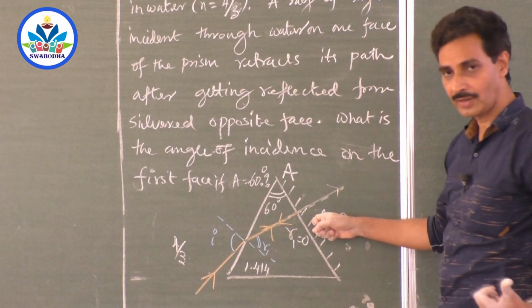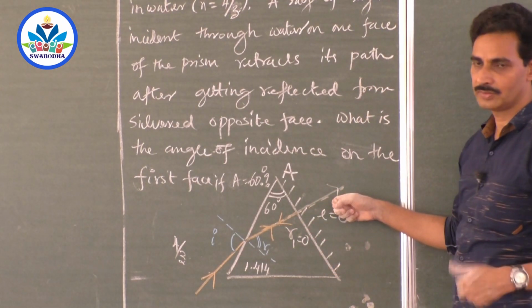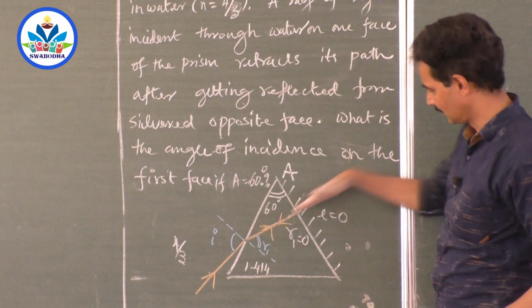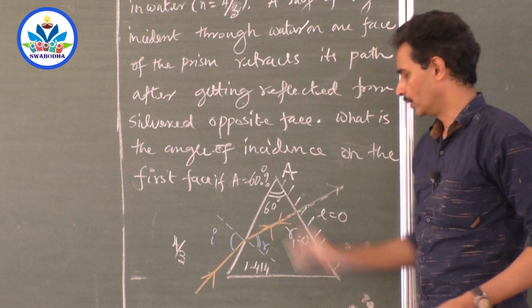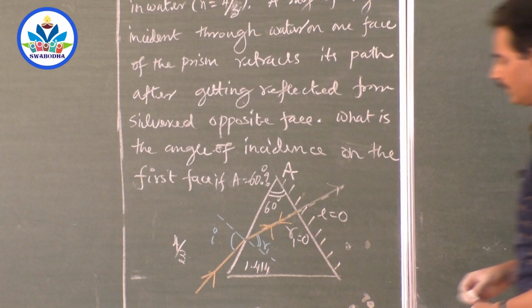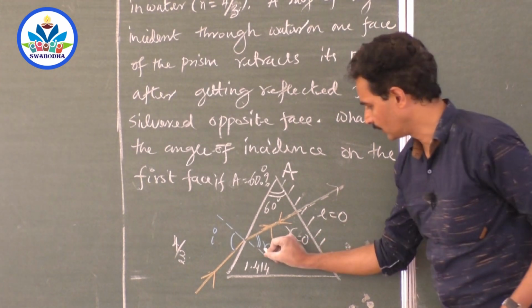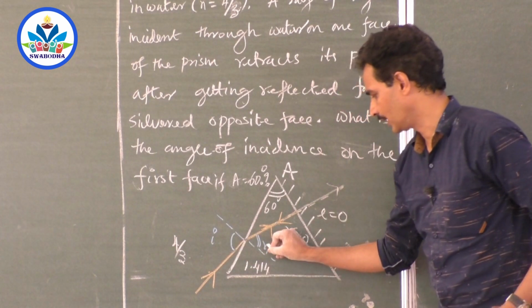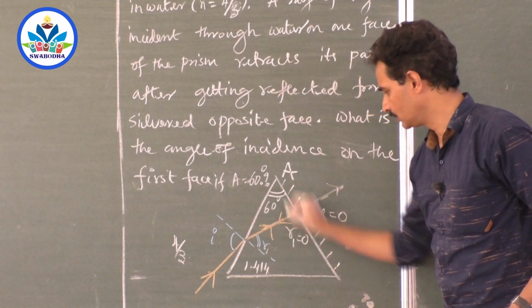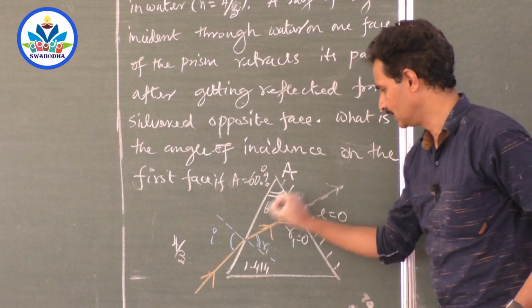If it is not silvered, it would have come out with the same angle of emergence, that is normal refraction, no deviation. So now what to do with the problem? We will first of all find out R1. Once you get R1, 1 sin I is equal to 1 N2 sin R. That you can write. But these three, you know, the relation between these three.